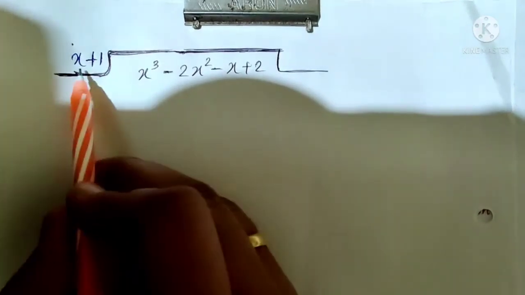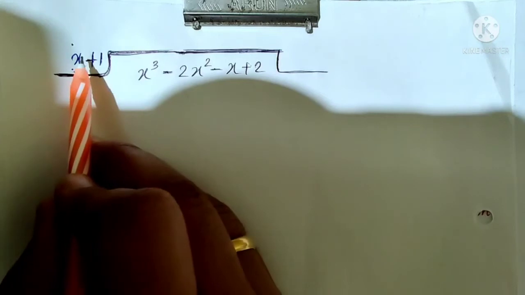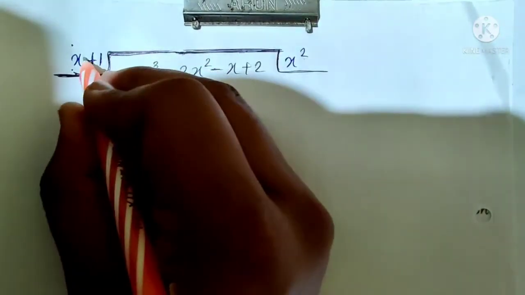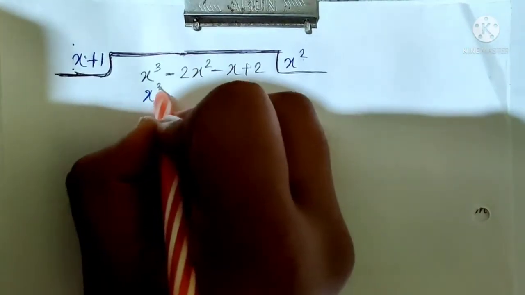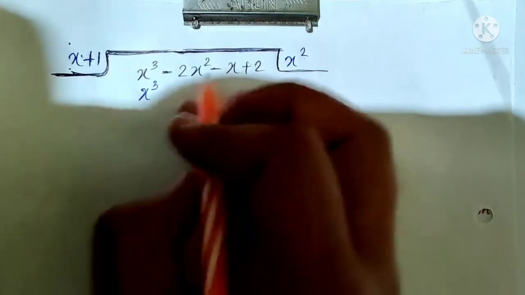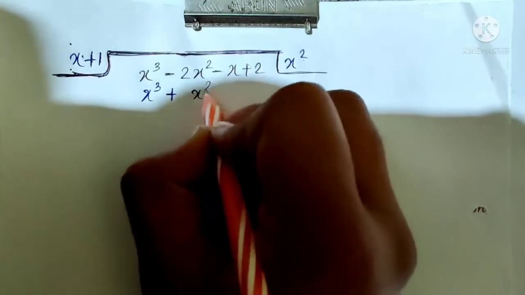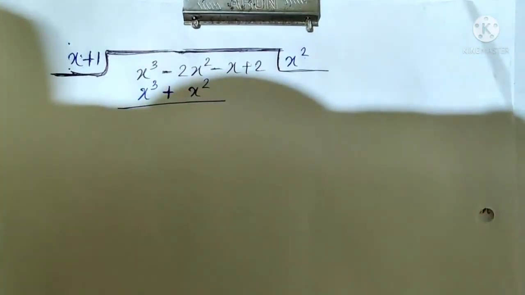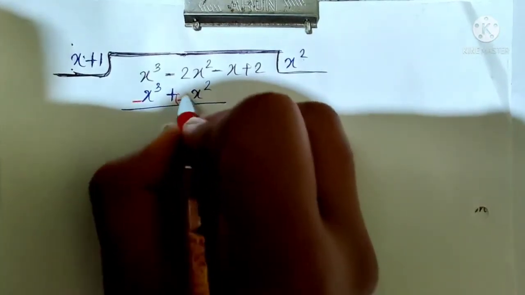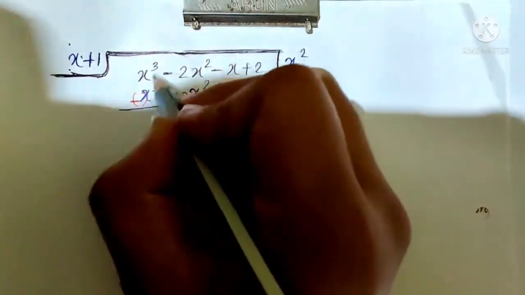Okay, now by which number should I multiply x so that I can get x cube? It is x only, a single power is there, so I have to multiply by x square. x square times x gives x cube. Then I have to multiply this x square with the other term also. So plus, and then 1 into x square becomes x square only. Now the sign will change, plus will become minus, and this also becomes minus. So you can see here x cube minus x cube will cut.